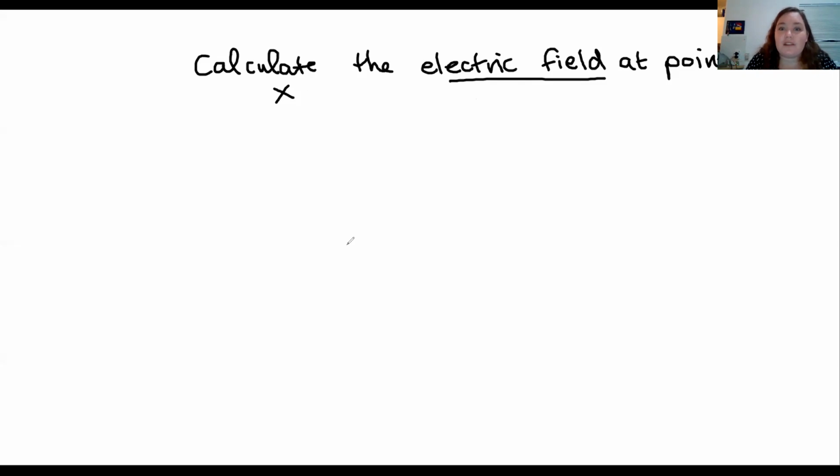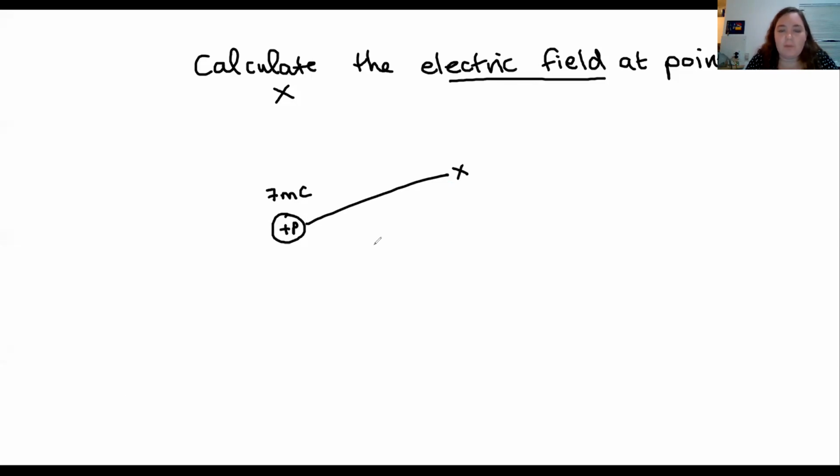So we're asked to work out the electric field at point X. Imagine over here I have this charge. Let's make it a positive charge. I could even call it P, and this is going to be a charge of 7 millicoulombs. And I want to know point X. If we've got point X over here, you're asked to work out the electric field at